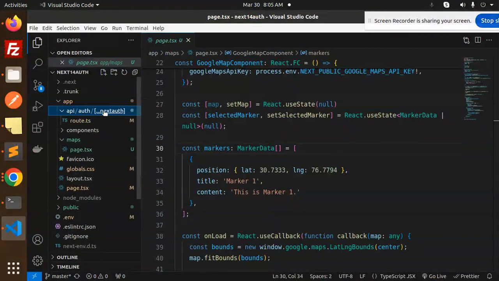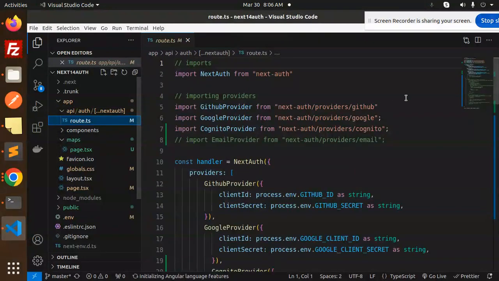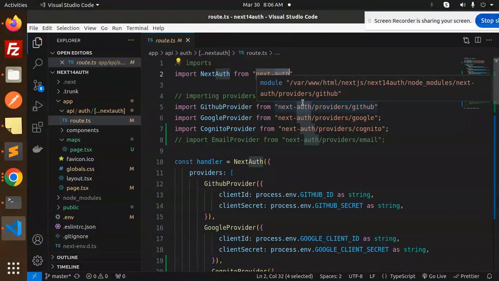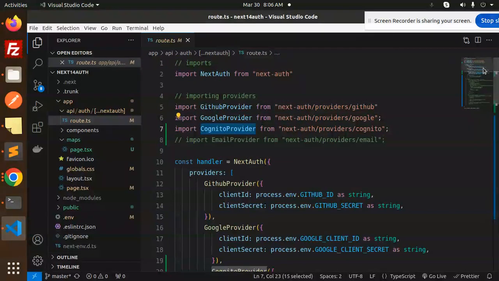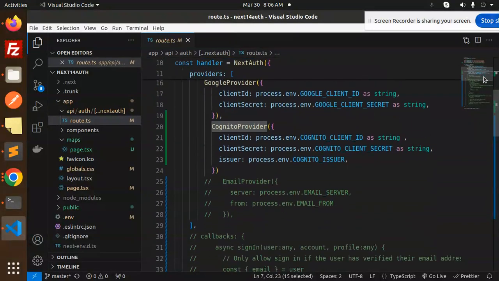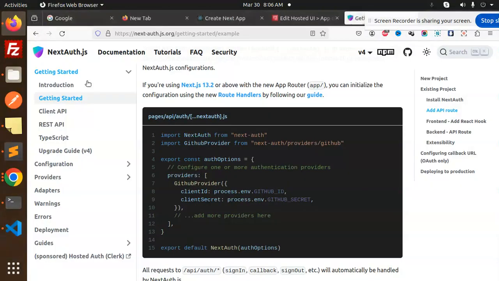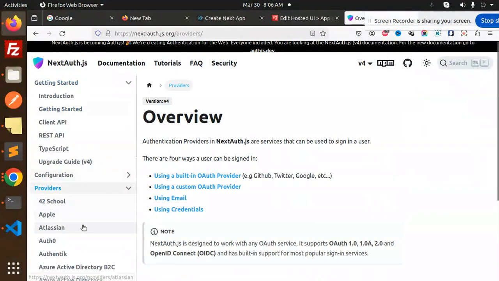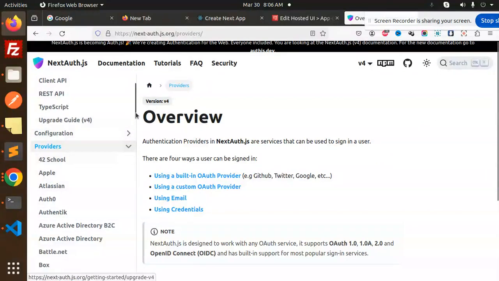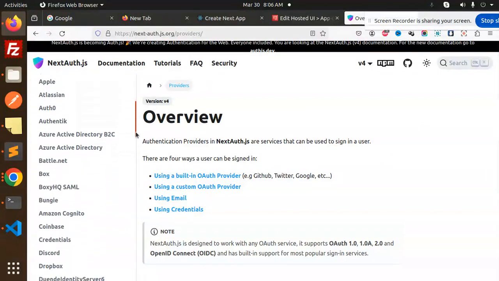So here we have API, auth, next auth, then we have the routes. So here you can see that we have, this is latest code, that is 14, not the previous one. So here we have a Cognito, and here you can see that in the Cognito we have to pass the client ID, client secret, and the issuer. Okay, so if I go to the providers, and here we have the, where we go with the AWS Cognito,